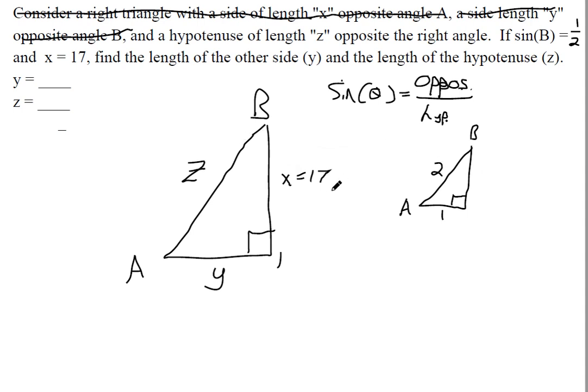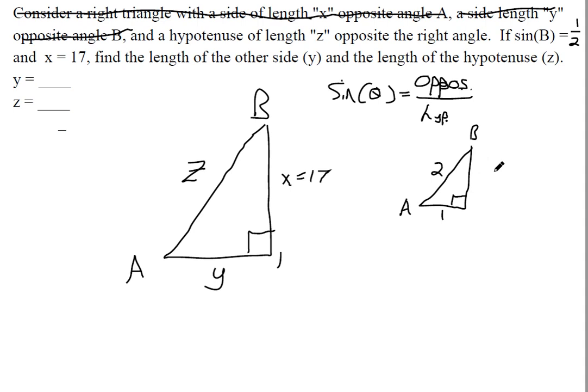Okay. So there's a number that you can multiply this side length by to make it equal this side. You can multiply 2 by something to make it equal z. You can multiply 1 by something to make it equal y. That's what a similar triangle tells us. It's just off by some multiple. And so to figure out what the multiple is, we can use this information. We know in the big triangle, x is 17. We can find out what it is in the little triangle